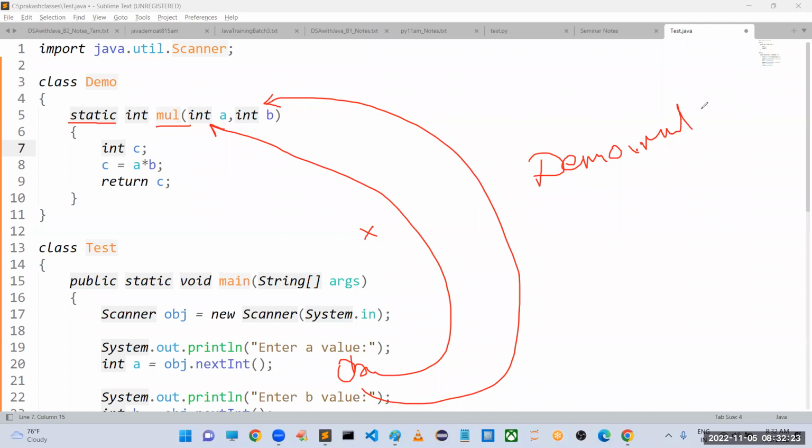So directly you can pass to this. It will return the result. That's why these methods we can call without creating an object. This is possible when the method is declared with static. Suppose if this method is not static, then